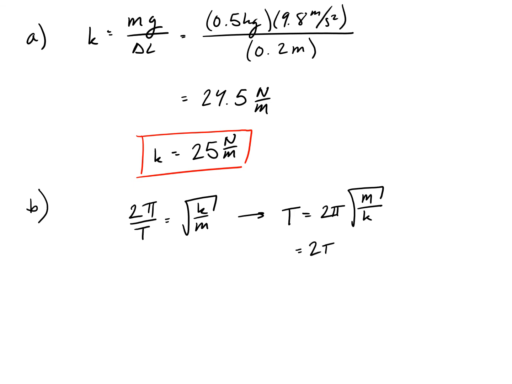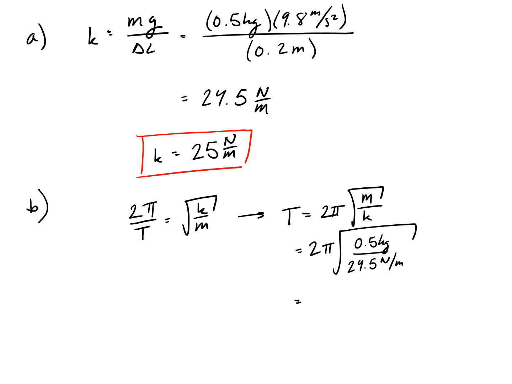So I'm going to have 2 pi times the square root of 0.5 kilograms. When I'm using my k value, I need to make sure I'm using that extra sig fig, so 24.5 newtons per meter. And taking this and plugging it in, I end up getting,